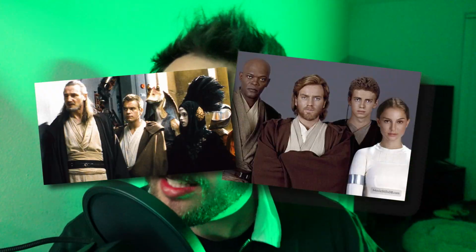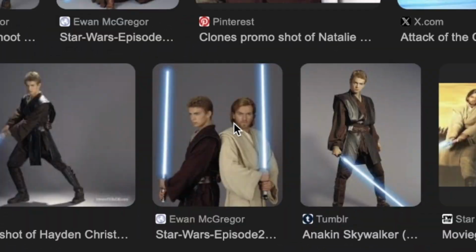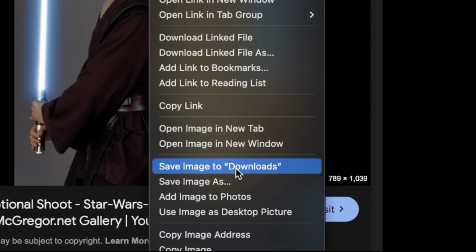Before I even started cutting out our characters, I got sick of working with shitty early 2000s photos, so I ran them all through an AI upscaling software online called Pixart.com. Not a sponsor, just really good free software. All I had to do was download the promo shot that I liked legally.